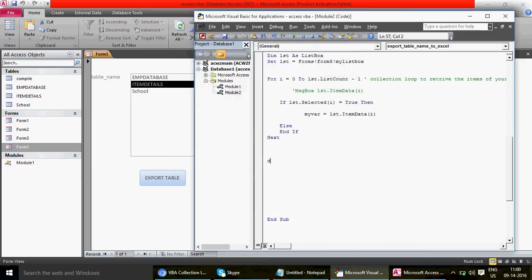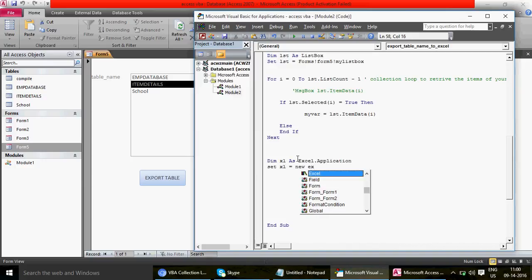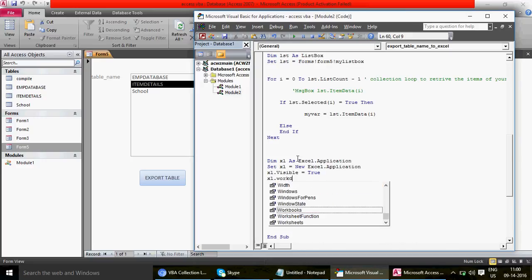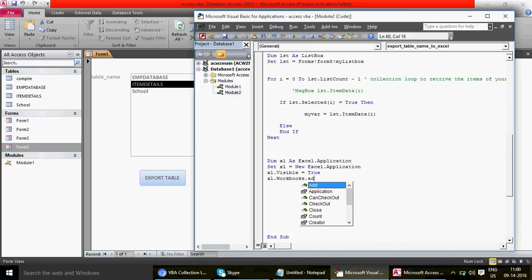So I'm going to write here dim as Excel.Application, set Excel equals to new application. Okay, and then we're going to make it visible, so we can see that, and then we're going to add the workbooks, a new workbook. This is how we're going to add it, right? So once we have the workbook on, then we want to store those values